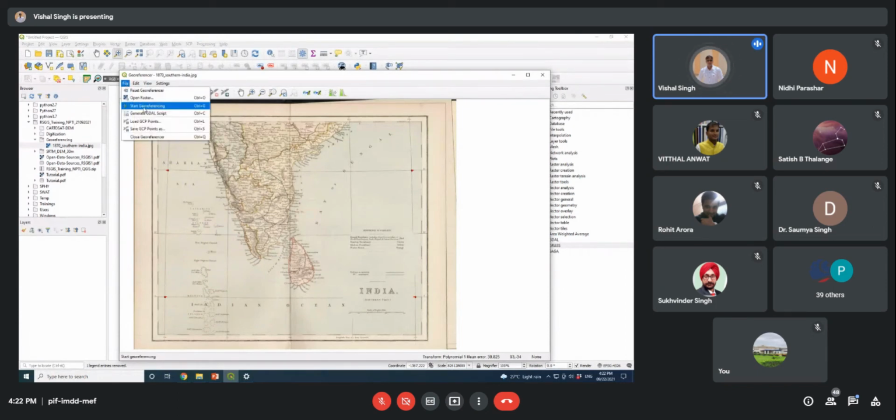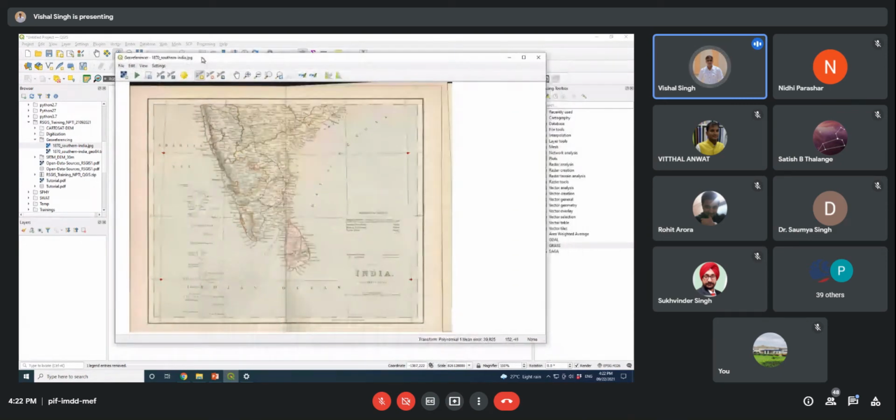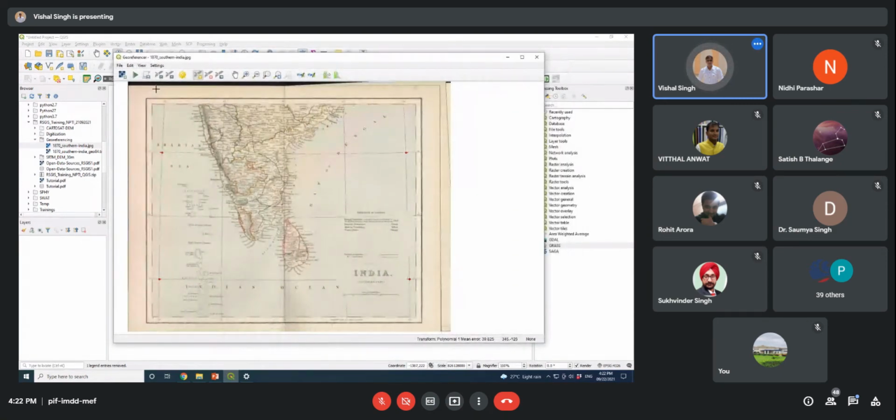Now we can click here, start georeferencing, and now you can see that this information has come. Georeferencing has been done. So now I can save my GCP points where I have given these points.